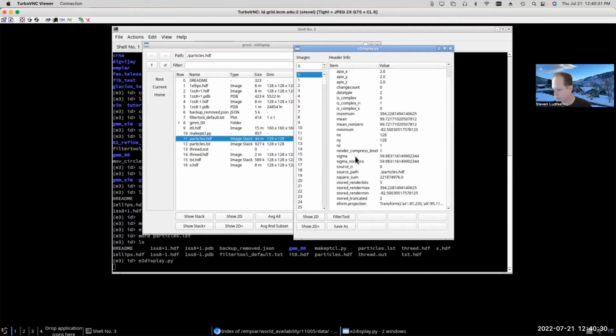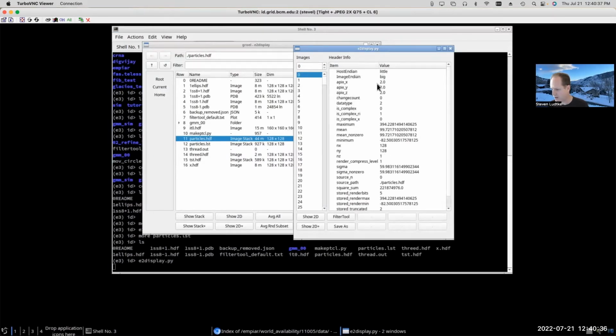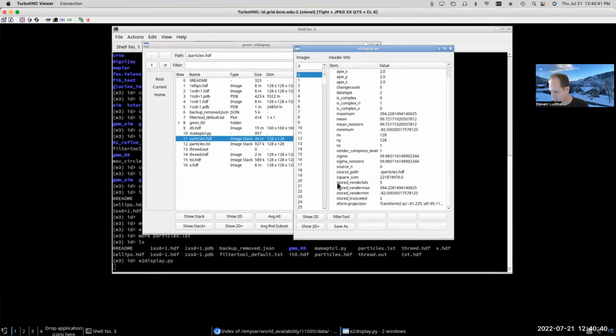So here's all the header data stored about that particle. And it includes sort of standard parameters up here. You can see that this data was actually compressed. These render bits, render max, render min, truncated. This stuff is all associated with that paper that I passed around in talking about how many bits were preserved in the header of the data.